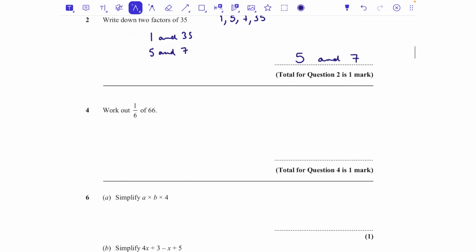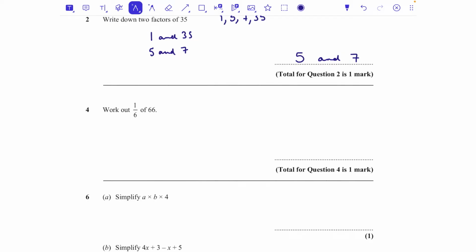Okay, question number 4, work out a sixth of 66. Now, fractions of amounts are about the most common skill that I see assessed on foundation. We're going to divide by the bottom and then multiply by the top. So you're taking that 66 and you're splitting it into 6 equal parts, and then you're saying I want one of those 6 parts. So 66 divided by 6 is 11, and so we've got 11, 11, 11, 11, 11, 11 for each of those sections,